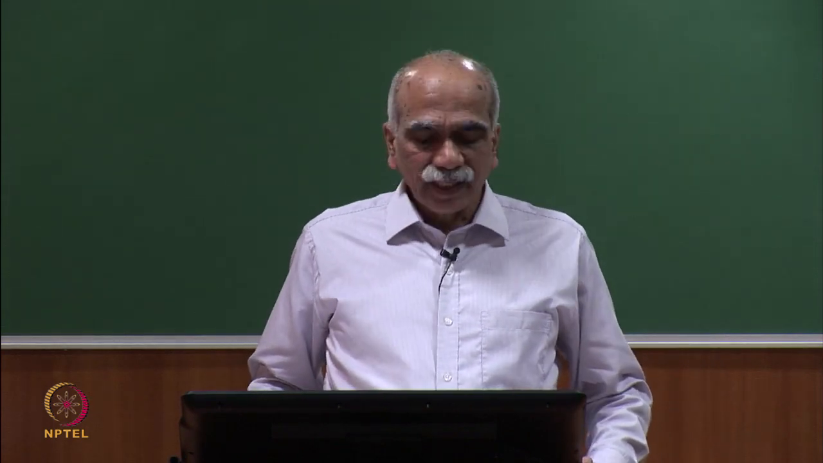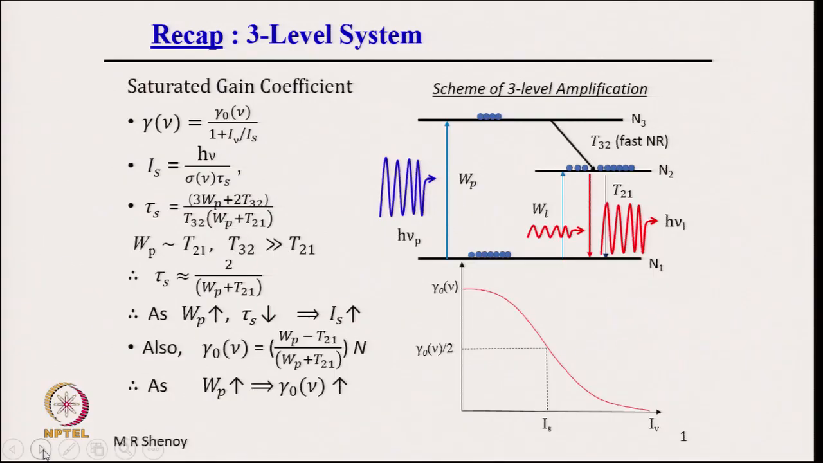First, a very quick recap of the 3-level system. So, the scheme of amplification is shown here. That is the 3-level amplification scheme, where you consider 3 atomic energy levels of the system: the ground state, an excited state, and an upper excited state. A pump of energy h nu p raises atoms from the ground state to the second excited state, and